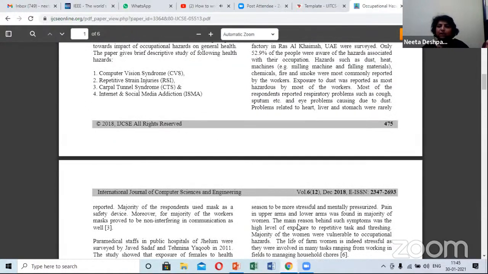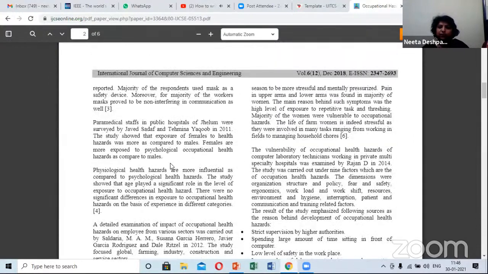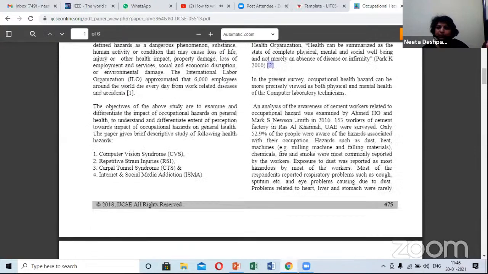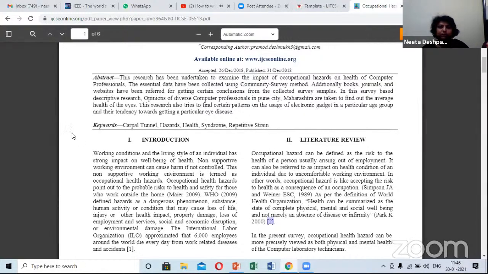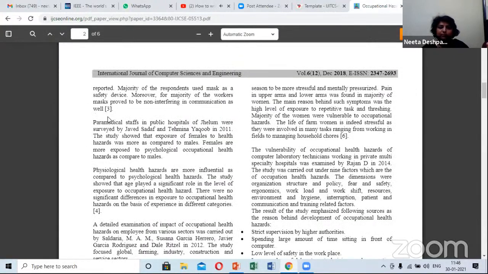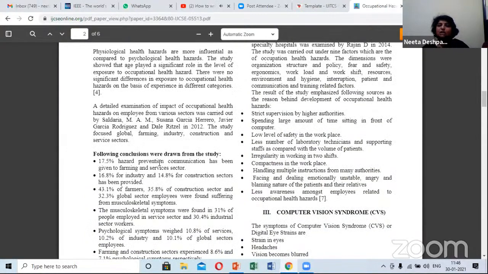And then we keep on writing all the introduction part, literature survey part. If you see in this, we have written particularly what one reference has told. If you see properly, what reference number 2 has told, then what reference number 3 has told, then reference number 4, then reference number 5, and so on and so forth. So after this, which is very important, when you do your literature survey, you have to find out some conclusions from the study. So the following conclusions were drawn from the literature study.